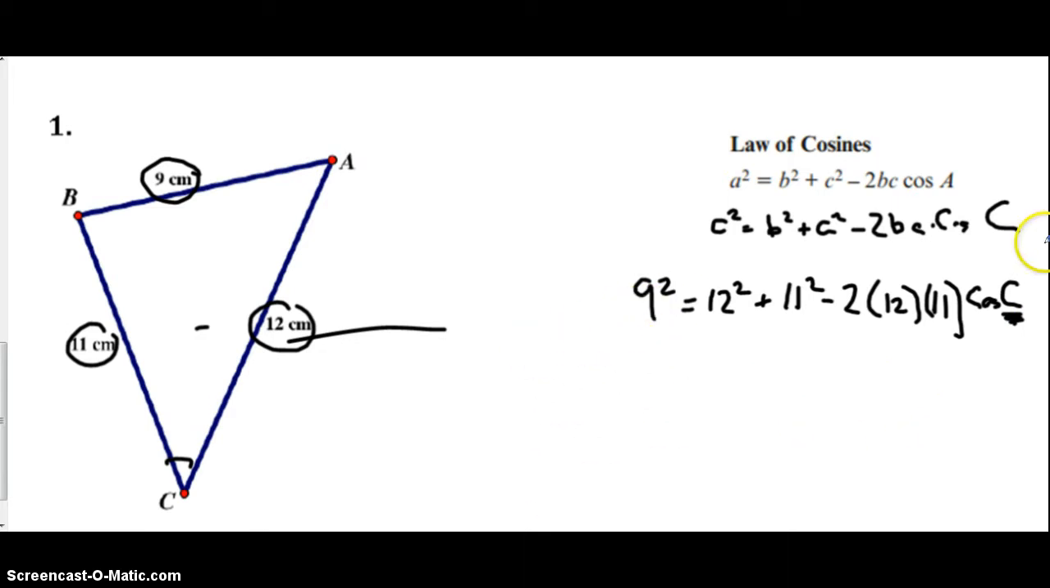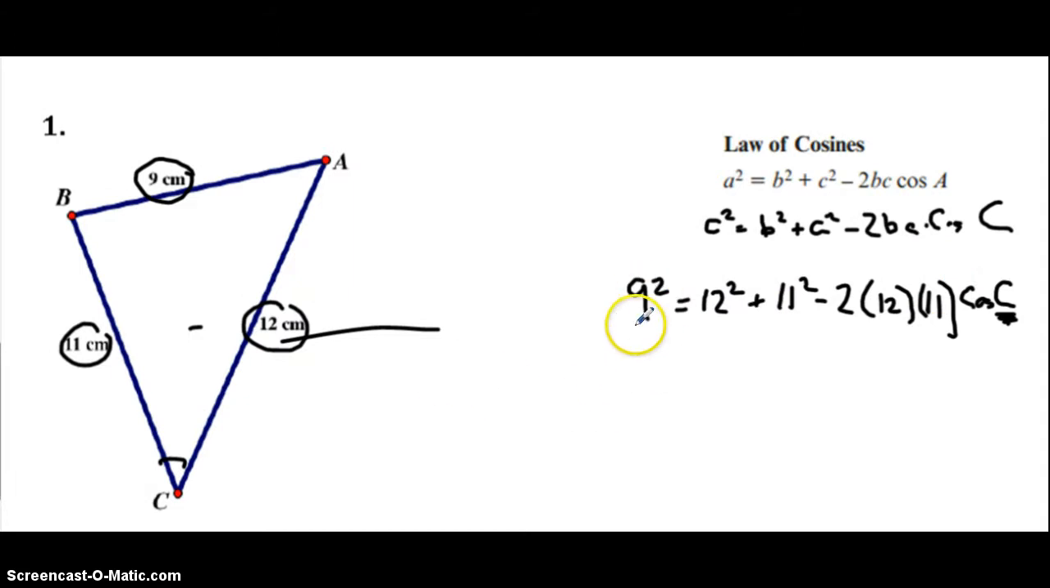You don't just put this all in the calculator. Here's what you can do. First one, square this, okay? So you get 81. Second one, square these and add them together, okay? So that's 144 plus 121. So you should get